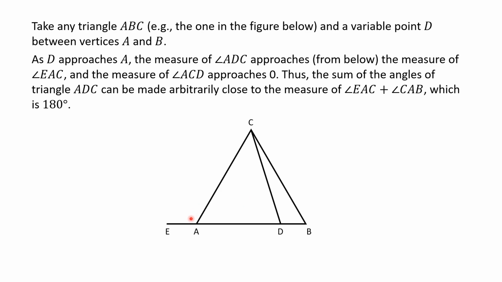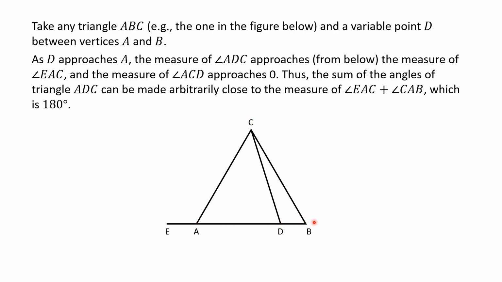First, let me mention that the angles along a straight line, for example, this angle here, EAC, and CAB, this angle and this angle, they add up to 180 degrees. That's true for both Euclidean and hyperbolic geometry. So keep that in mind. Now, in terms of the proof, take any triangle ABC, and pick a point D that lies